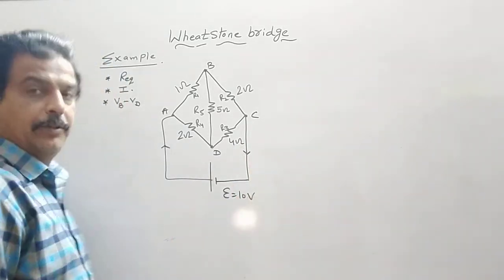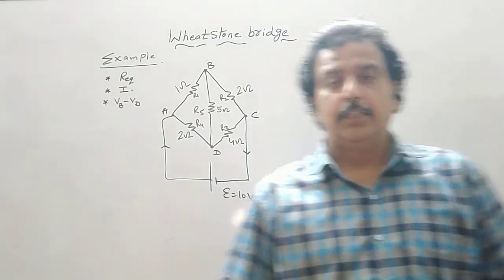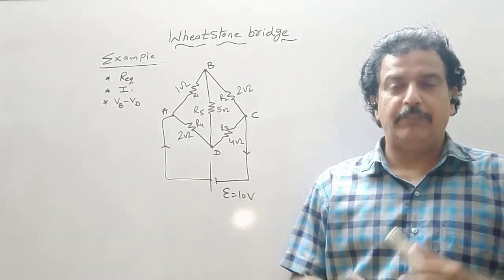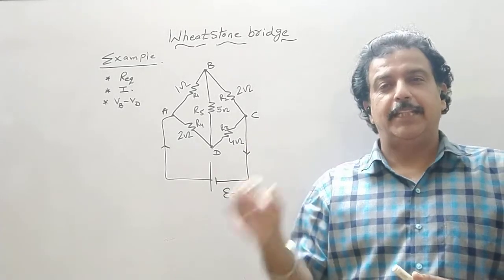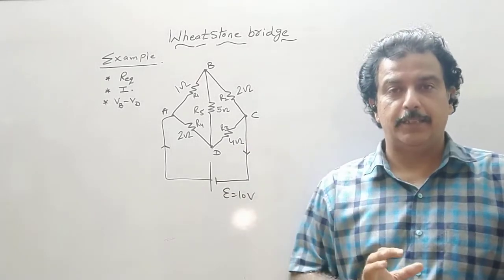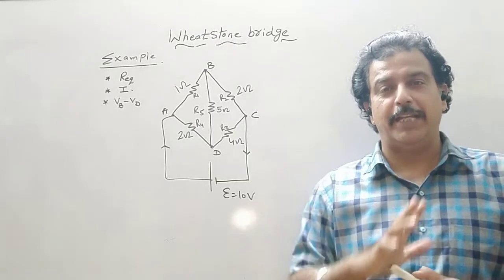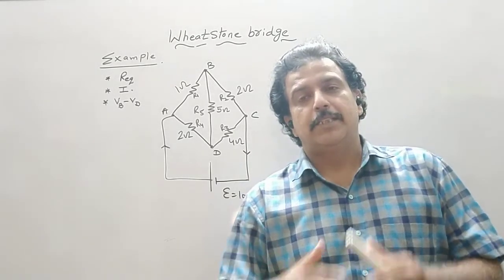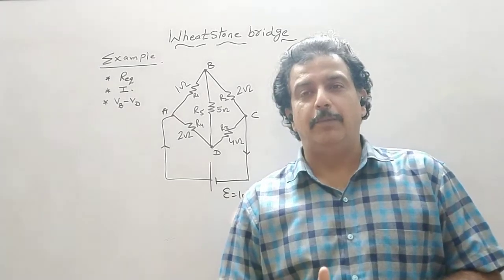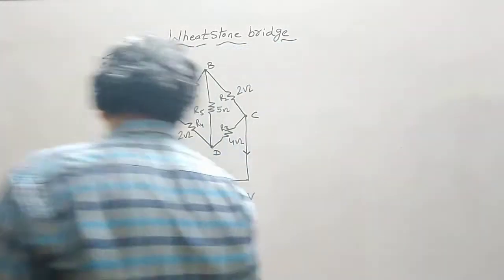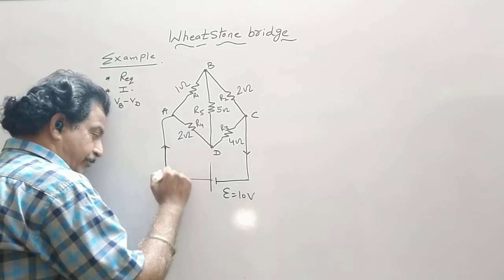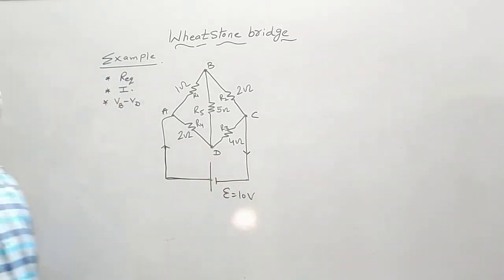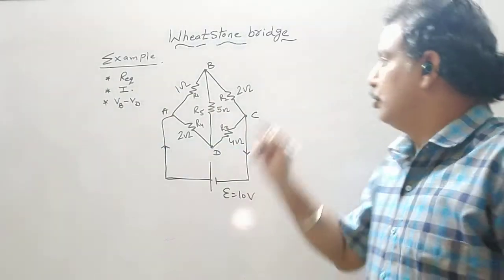of the current, always check whether the bridge is balanced or not. If it is balanced, then the situation is quite easy. But if it is unbalanced, that we will see in the next lecture, then the situation is a little bit complicated. So we will see first whether the bridge is balanced or not. So from the figure,